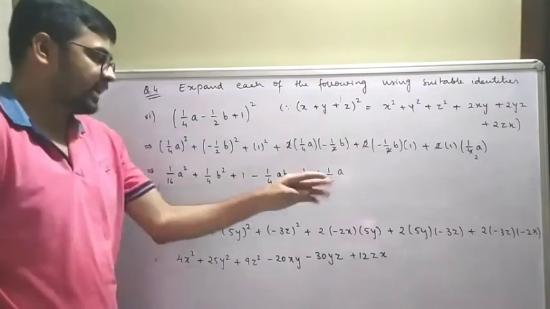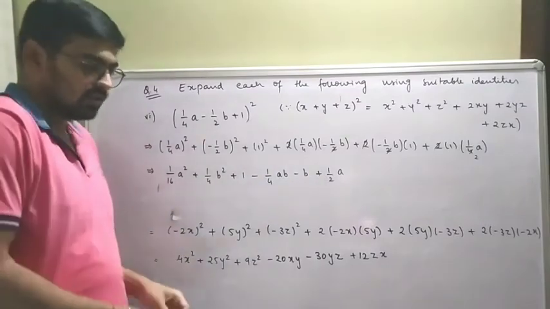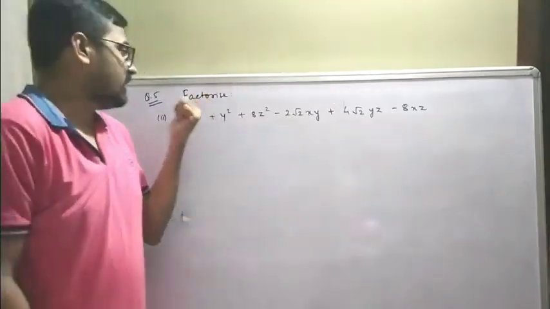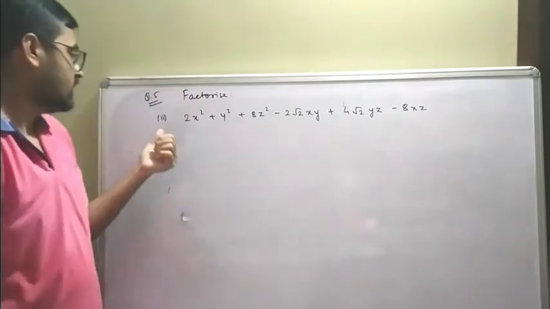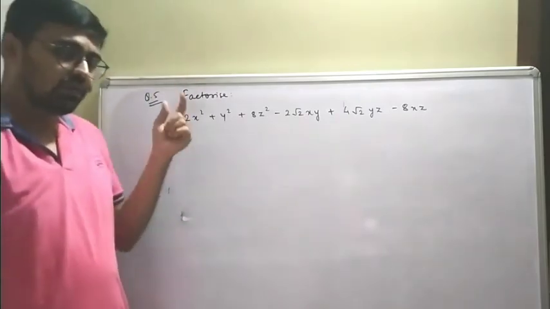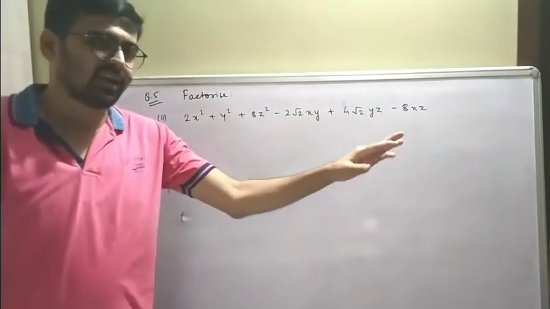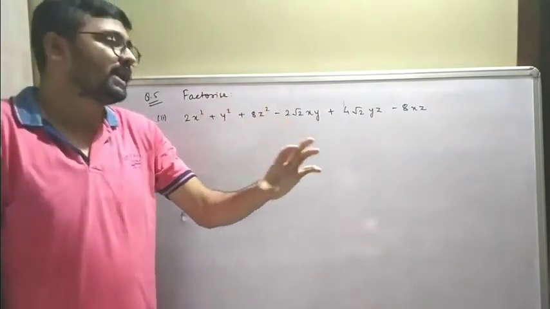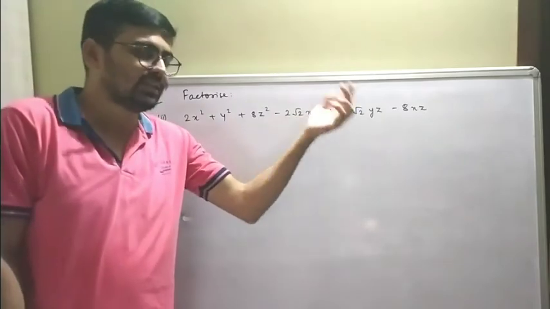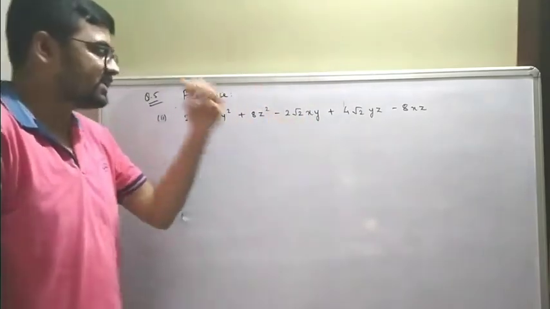Simple. So I guess this is our answer. Simple. Let's start with question number 5. Second one I am going for, because first I am going to give you to practice. Now I selected the second one because it's a bit of a complication. Whenever you see something with root 2 like this, you will get afraid. That's why I considered this one.